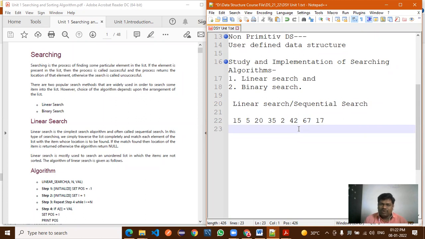The objective of both algorithms is the same, but when we are using linear search and binary search, if the list is in an ordered manner, which algorithm do you use, binary or linear?